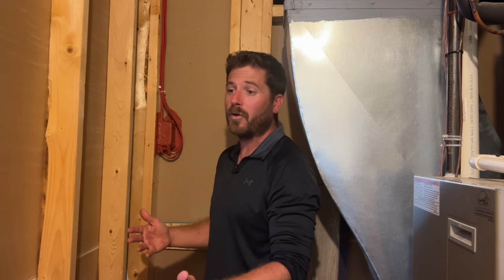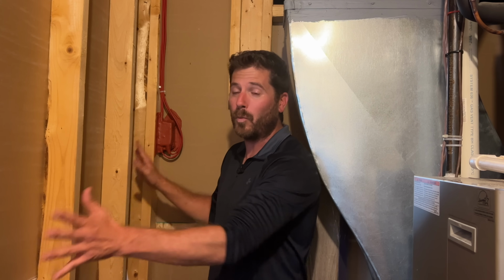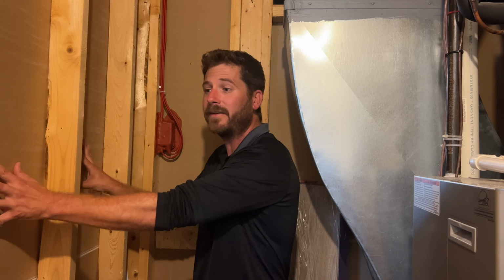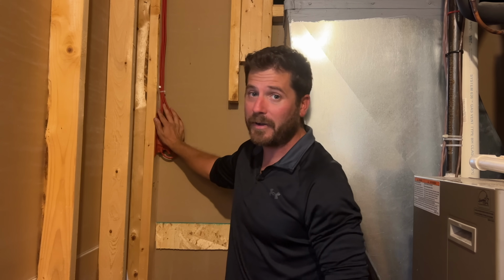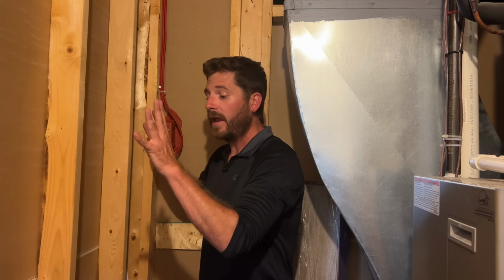You can't build a double wall without doing that. And also, if you do build a double wall, you'll want to remove that because you want to get to the first layer of drywall so you can go ahead and add your putty pad, add your insulation, and also,